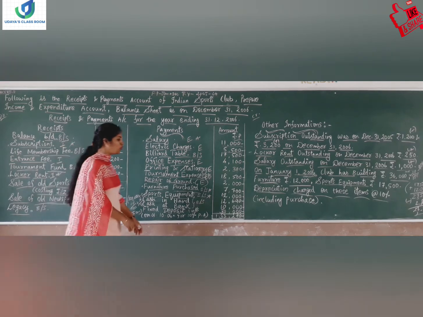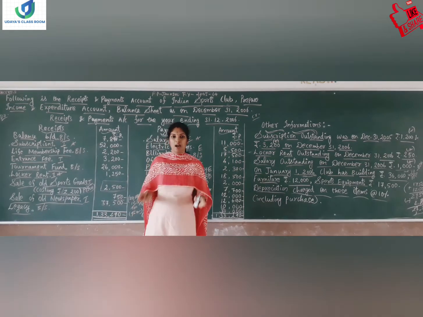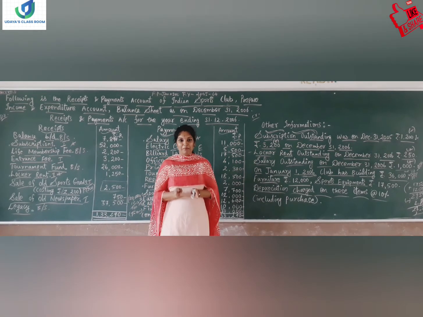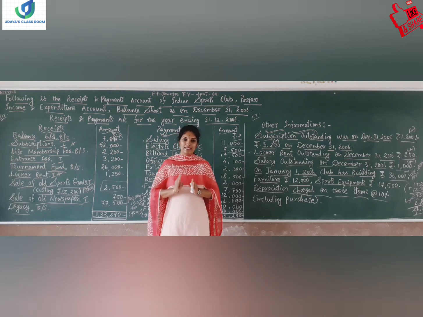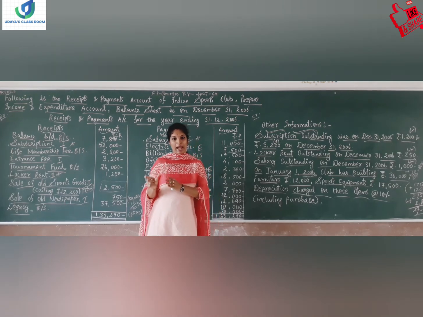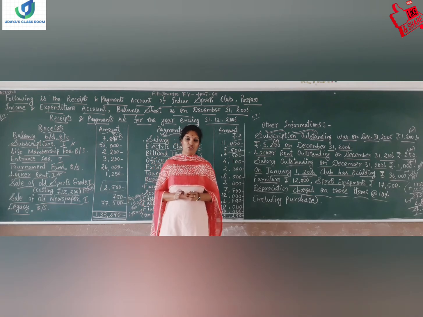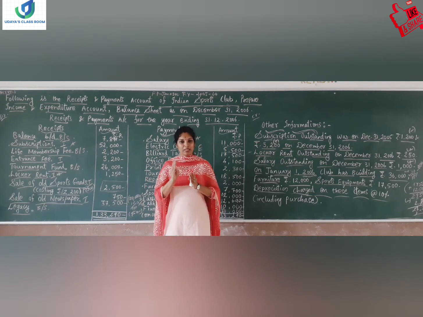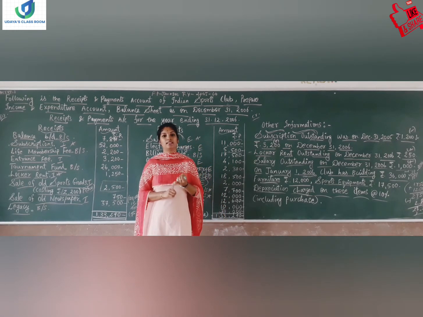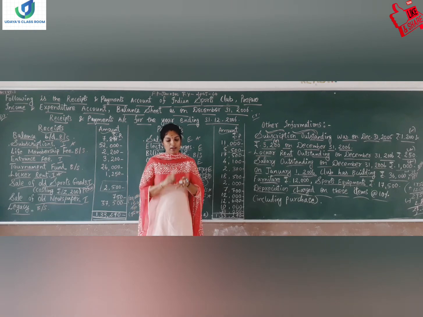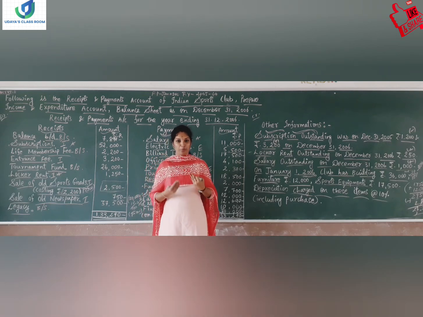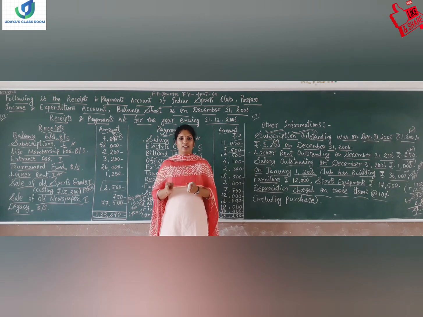So this is how you have to analyze this sum, and within 20 minutes you are supposed to complete this sum. That is the allocated time for completing the income and expenditure account and the balance sheet. So within this 20 minutes we need to analyze the question thoroughly, and then we have to work out the income and expenditure account and the balance sheet. So how will all these things be done within 20 minutes? Only out of practice. So we need passion